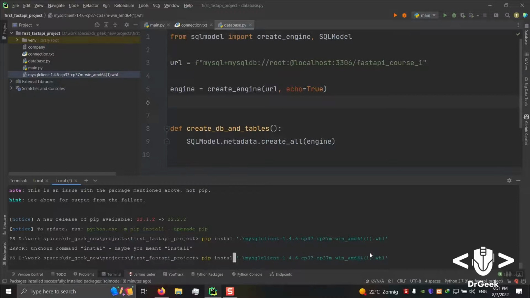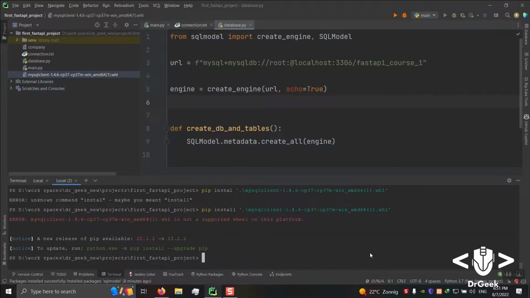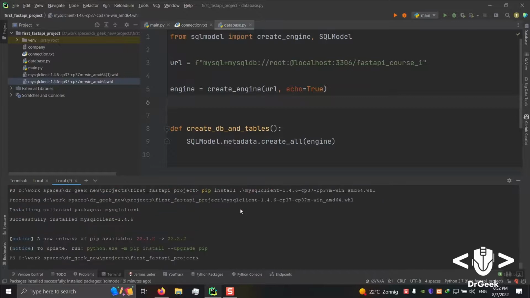Stupid mistake. Okay, wait a minute. Okay, I just copied the exact file that I used for my previous projects. Let me see if this one actually worked. That's weird.